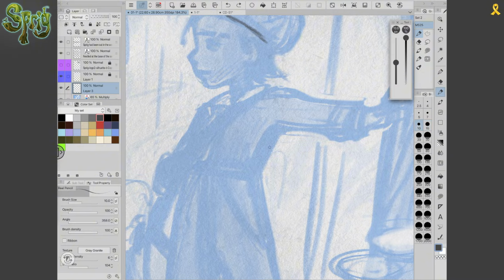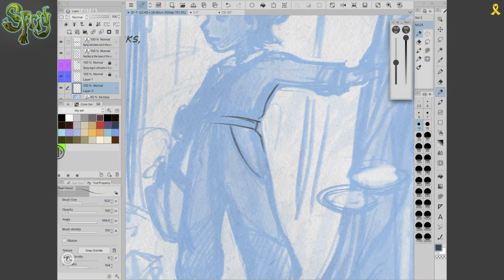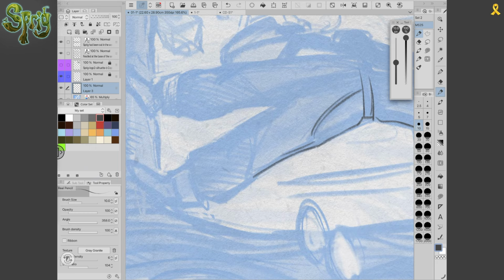So above this blue layer of sketch, I'm going to refine more, to proceed to draw with a real pencil, with gray color, just to refine my version and to add